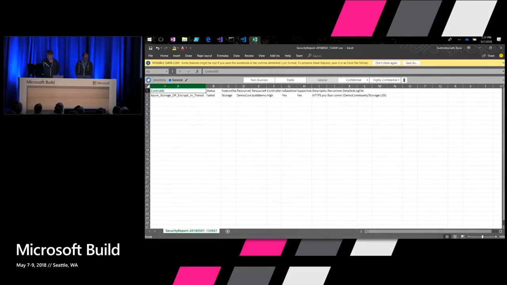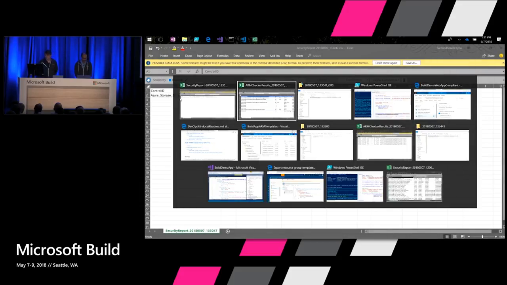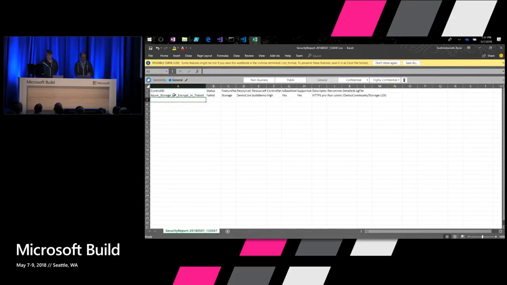As you could notice, it's actually failing. In this case, it didn't use the template. It actually went ahead and directly queried the security settings from my Azure portal and identified, you know what, you don't have HTTPS enabled on your storage account by default, right? So pretty simple. This CSV itself has the recommendation field, which will also tell you the command that you exactly need to run to fix this particular issue, right?